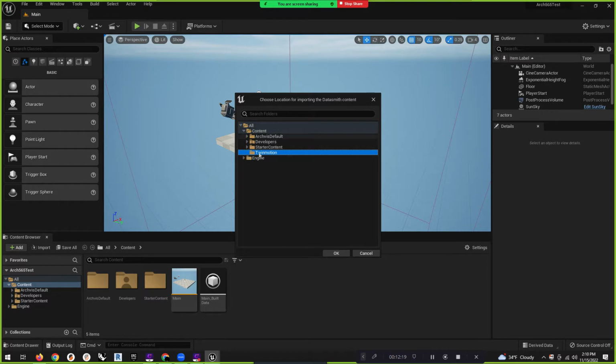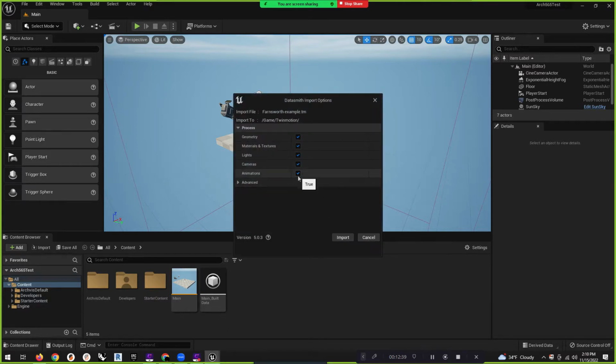One thing I will note on this is if you don't have a couple of these folders, like the engine folder or the developers folder, that's okay, and I'll show you how to get those in case you want some of that information in there. But for now, we want to make our own folder for what we're about to import. I'm going to import everything within my Twinmotion file. I don't want to edit anything out. I can expand the advanced tab and expand my static mesh options, and I don't really feel like I need to change any of this at all. I think it's going to work pretty good. So then I'll click import,